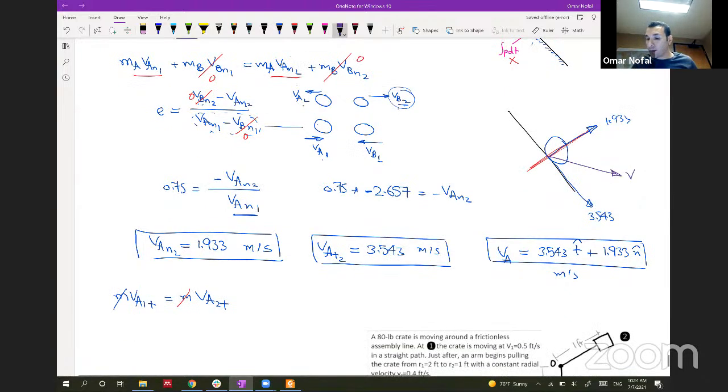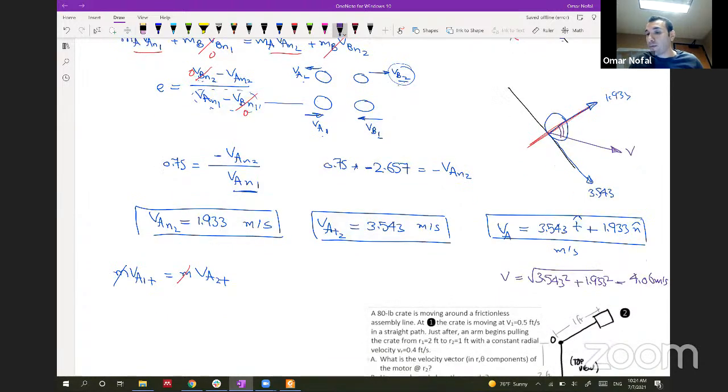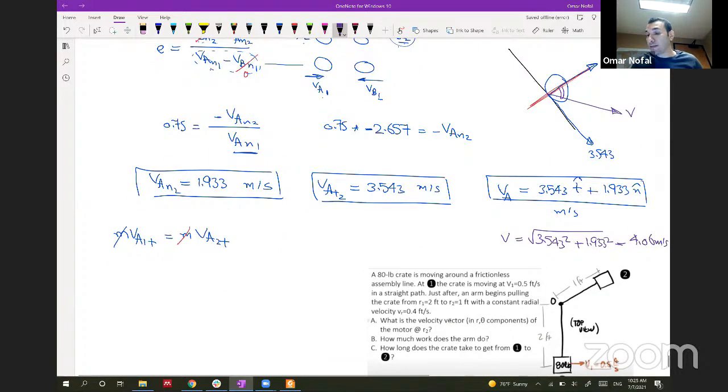So we can get the resultant V, which will be equal to the root of 3.543 squared plus 1.933 squared. And this should give you 4.06 meters per second. And actually you can get the angle with the normal direction, not the X, because if we